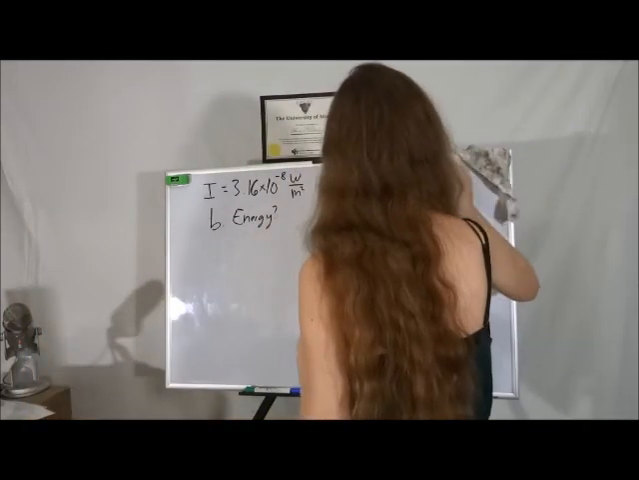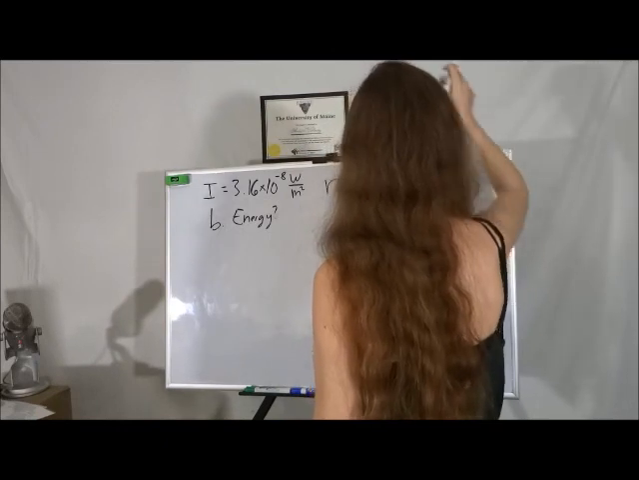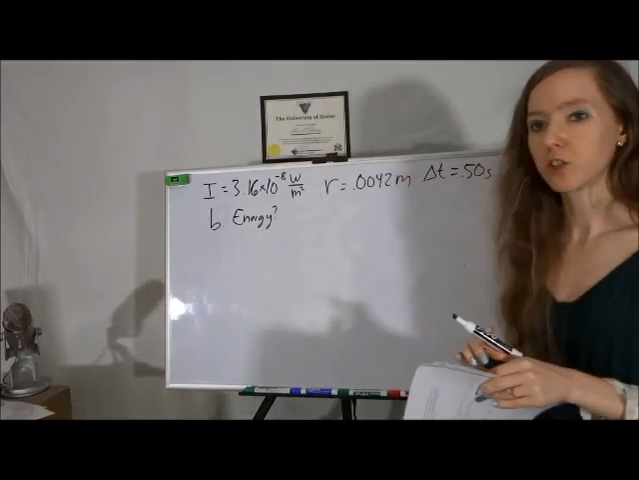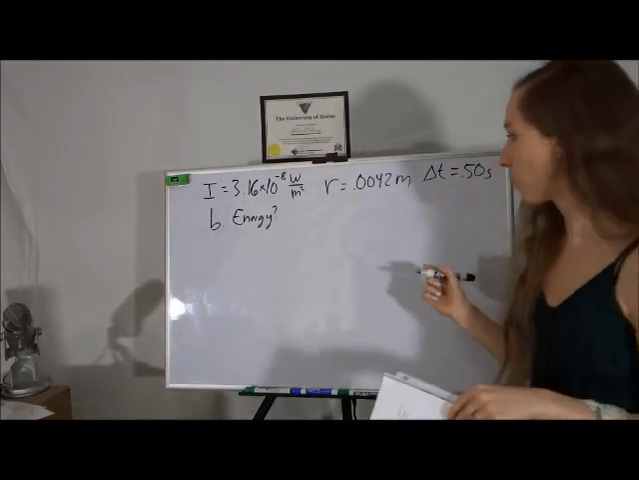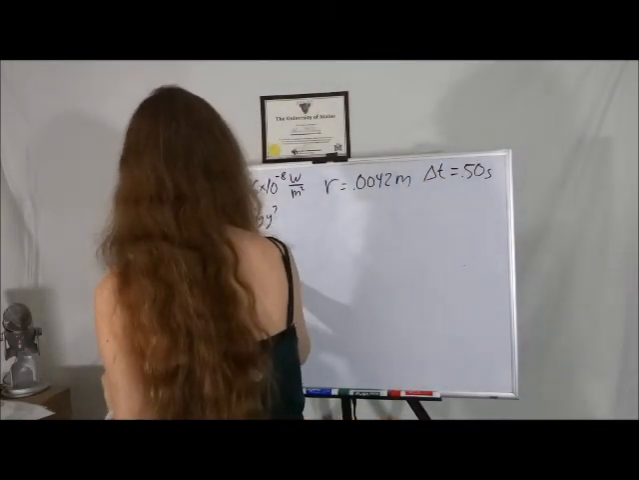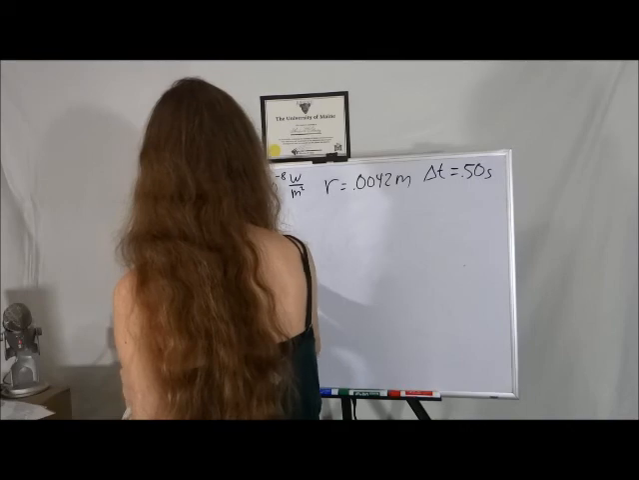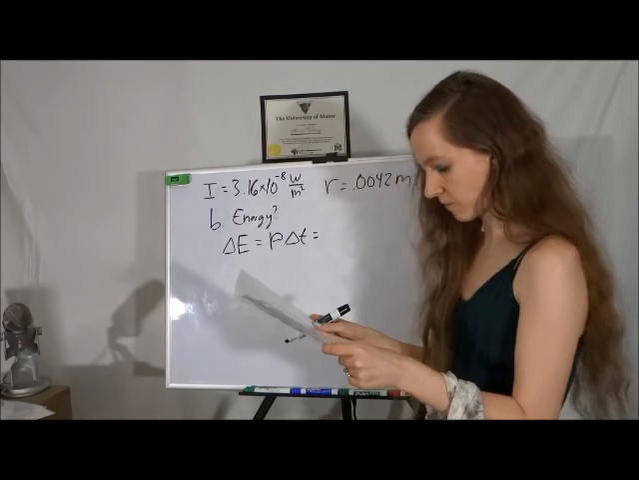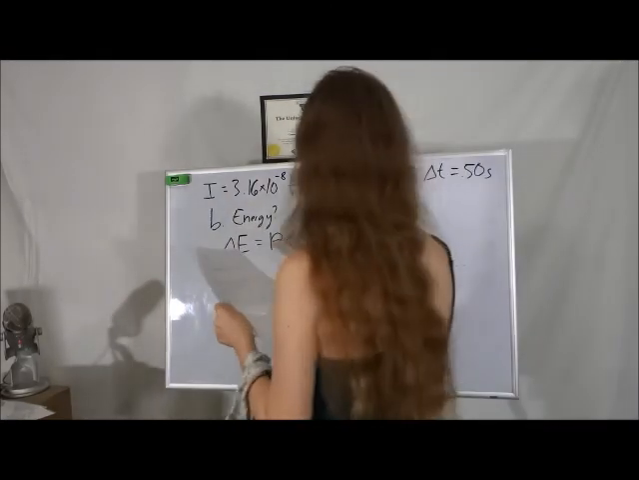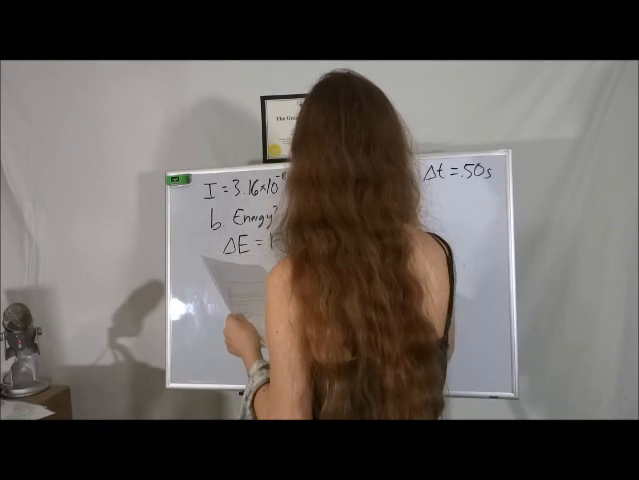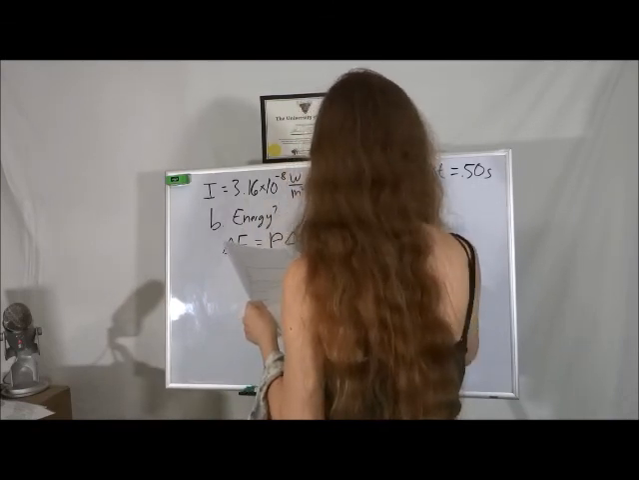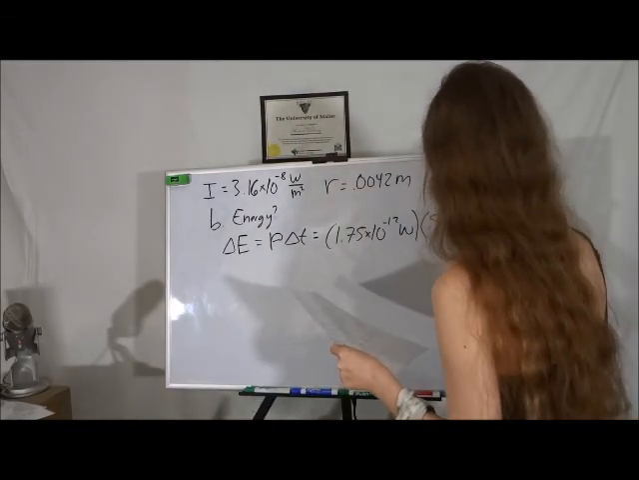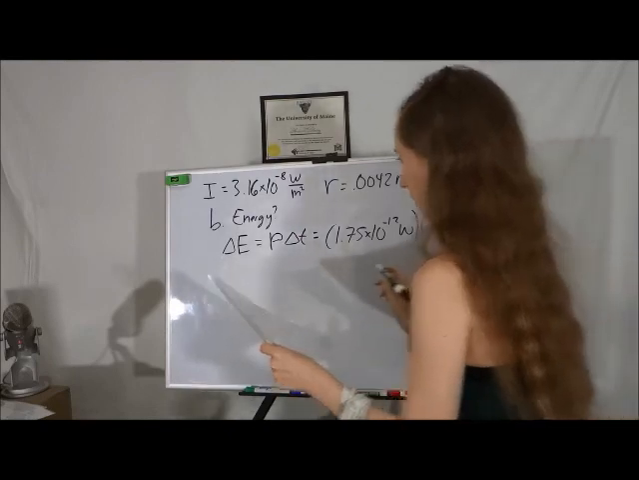And we're given that our time is half a second. So if we just go back to the energy equation we had a moment before, our energy is equal to our power times our time. And then our power from part A was 1.75 times 10 to the minus 12 watts. And we're going to multiply that by 0.50 seconds. And that will work out to be